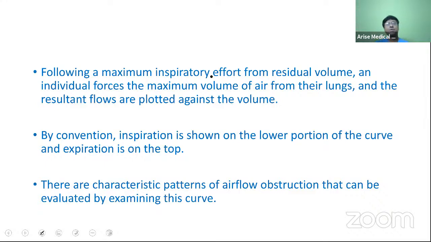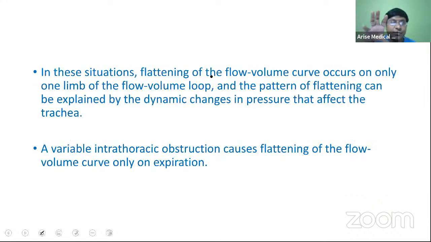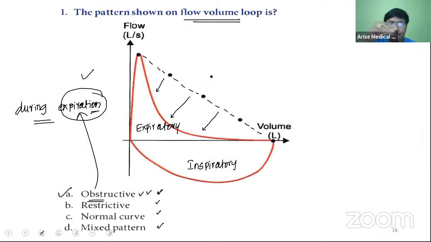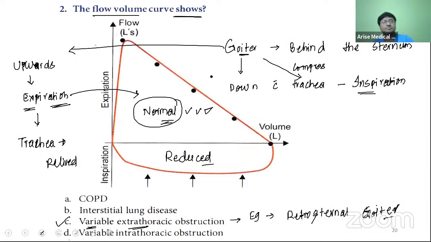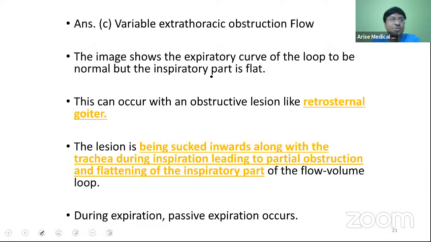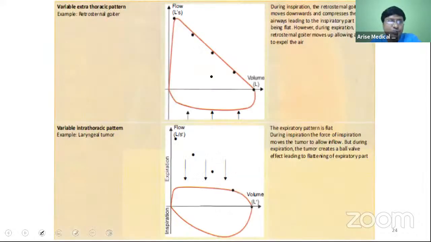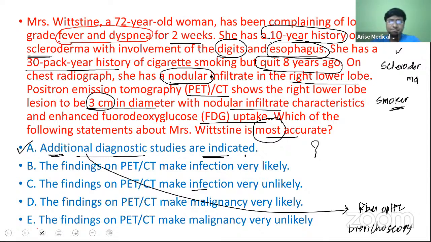Yes. Now, this is a question on obstructive lung disease, where the obstructive pattern is compressed. This we call the scooped out pattern, right? Next. Now, coming to this question, the take-home message is that this patient is a smoker and is also having scleroderma. So whether it is malignancy or aspiration due to scleroderma, in order to rule out, definitely you need to do additional diagnostic studies, and those additional diagnostic studies include fiber optic bronchoscopy, right? Next.